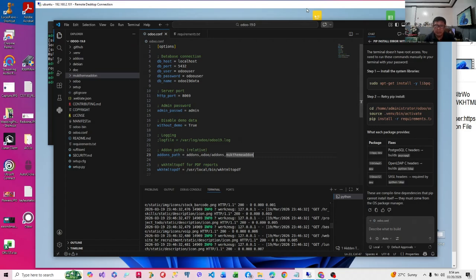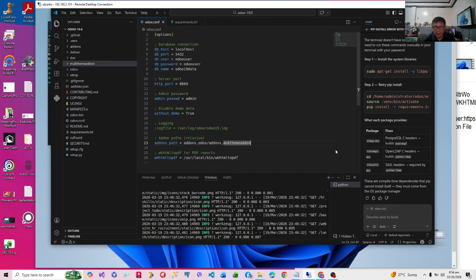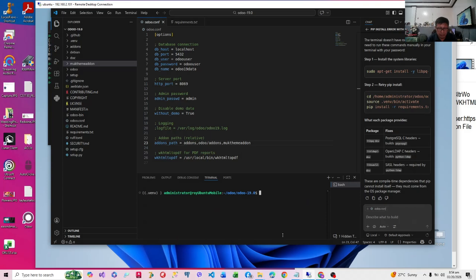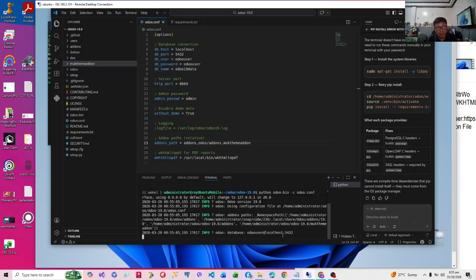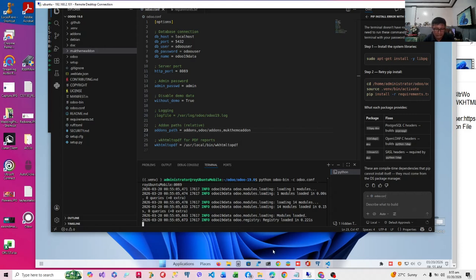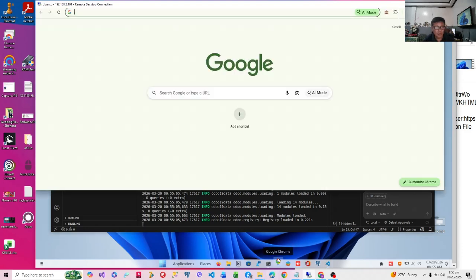So it's good to stop the server. Okay, so we stop the server. We'll go here. We can do so by pressing Ctrl C. You can type clear so that if there are errors later, we can easily copy them, and then we can press the up key to run it again. That's python odoo-bin -c odoo.conf. So it runs again, and it's good to run it on the server.